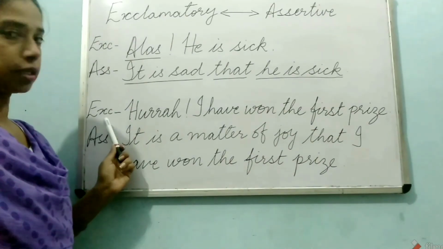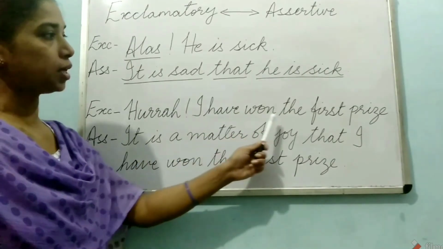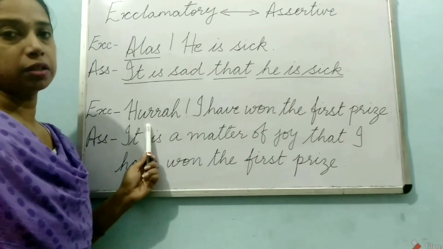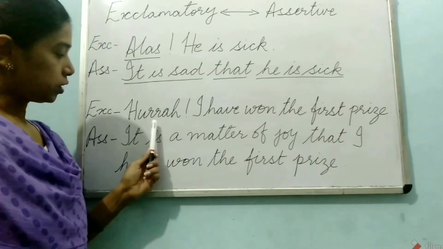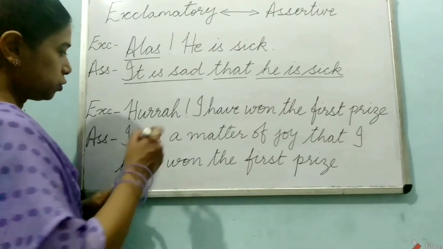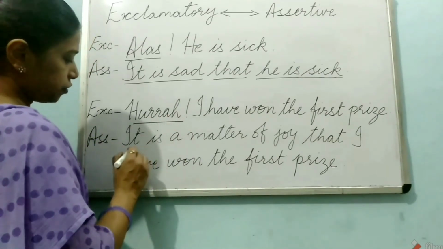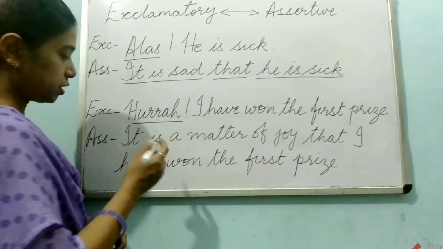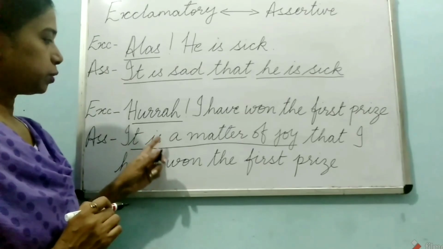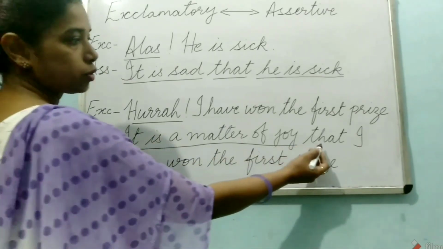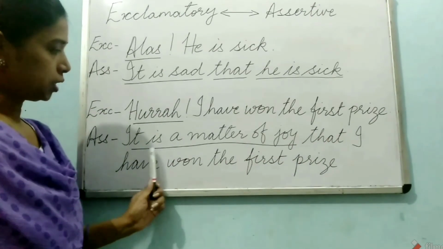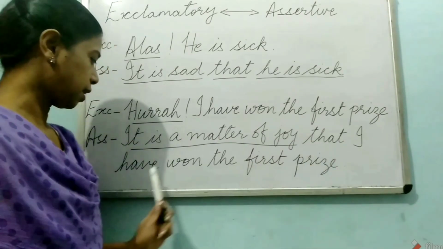Then in the same way, the second example also, "Hurrah, I have won the first prize!" Now here also hurrah expresses happiness, joy or delight. So in the assertive you will remove it and use a phrase related to hurrah. The phrase related to the feeling that is expressed by that word is it is a matter of joy. So you will be using this phrase. And then here also you will use the word that to join the two clauses. So your sentence becomes, "It is a matter of joy that I have won the